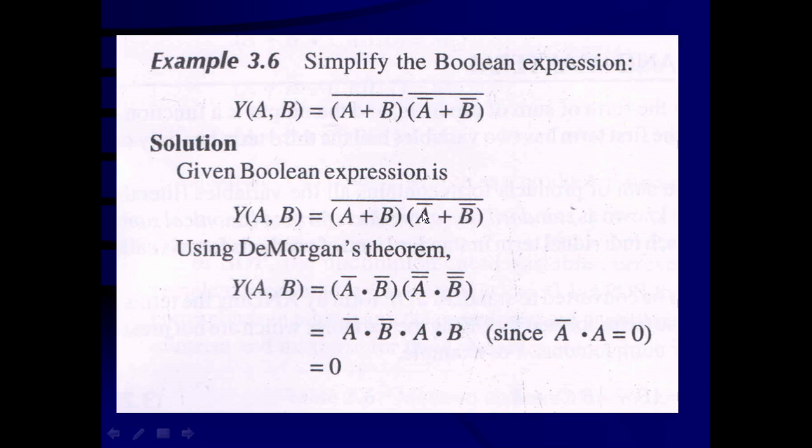Similarly here, the input A bar is going to be complemented to A double bar, B bar is complemented to B double bar, and double inversion makes no inversion, meaning A double bar is equal to A and B double bar is equal to B. Now we know that these are all products. So A bar dot A is equal to 0. B bar dot B is equal to 0. That means the final output is going to be 0.